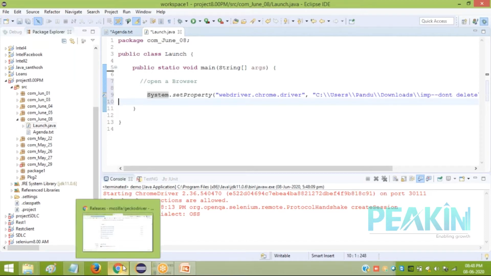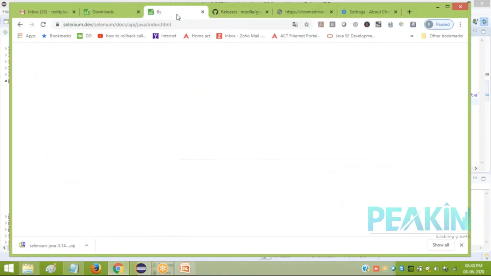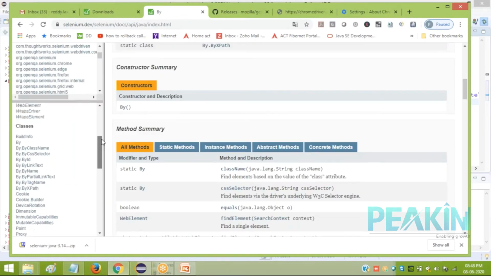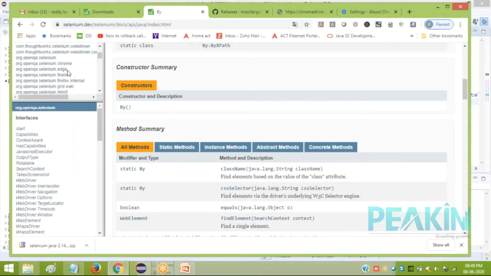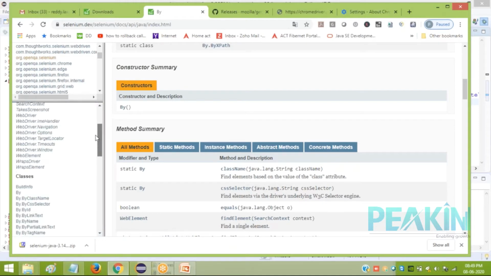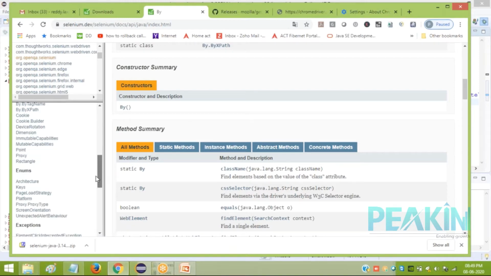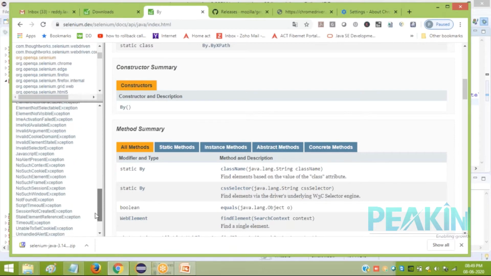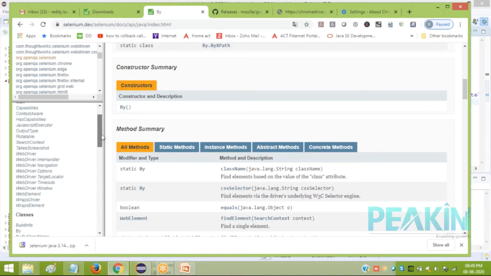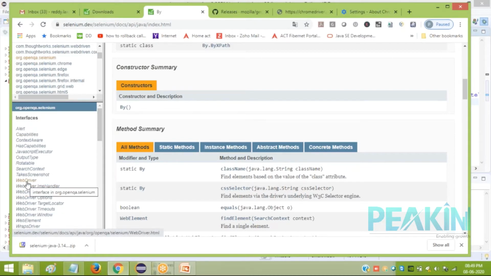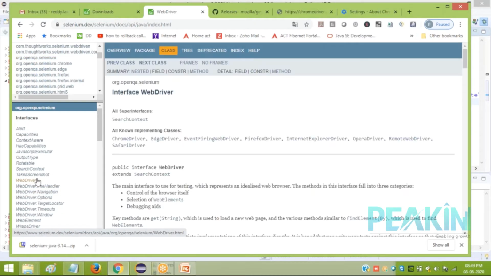Now, if you observe this documentation that we have opened here, in this package, you can see WebDriver. Here, WebDriver interface. It's an interface. See, WebDriver is an interface.